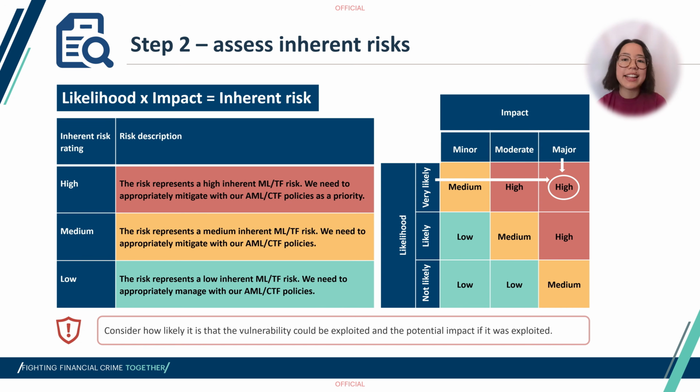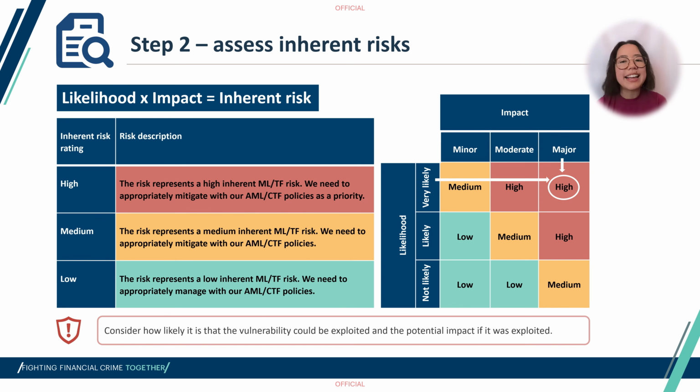You're now assessing the inherent risk of the telephone as a delivery channel. As business is only conducted over the telephone with existing customers, you've assessed that the likelihood of this risk occurring is not likely and the impact is minor. Again, pause here to think about what the correct inherent risk rating for the telephone as a delivery channel would be.